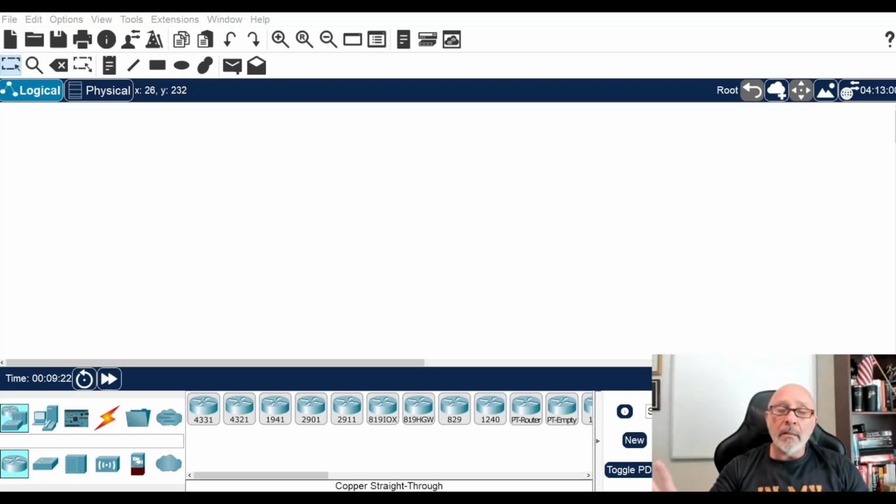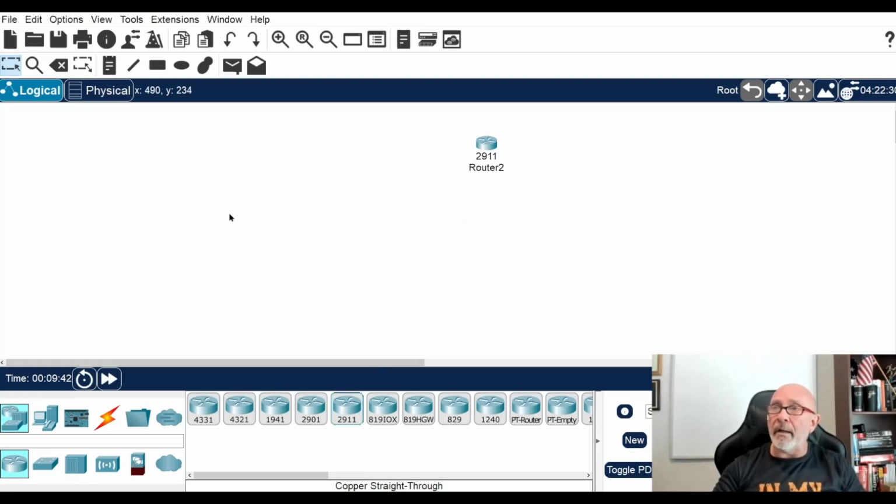This is going to be a very basic, fundamental lab of housekeeping commands and how to connect certain things in the packet tracer. I know I talked about this on one of my lives, but I'm going to actually do it. All right, I'm going to come here, 2911. Now, let's take a look at this.